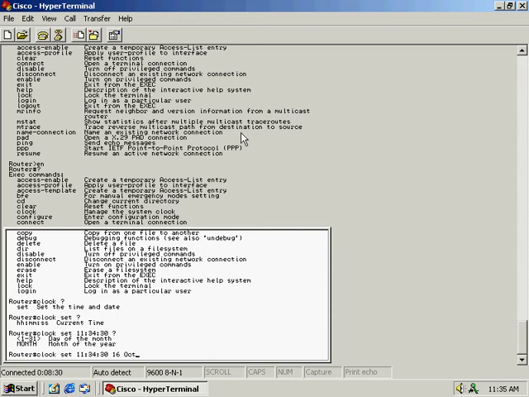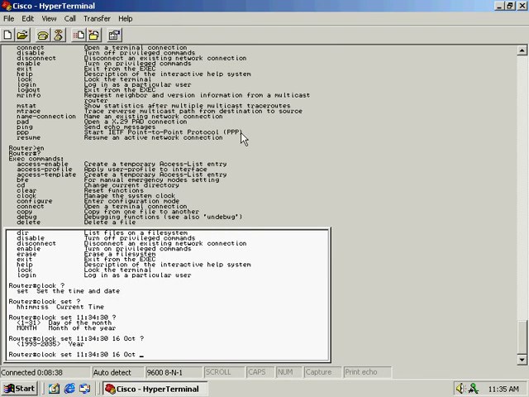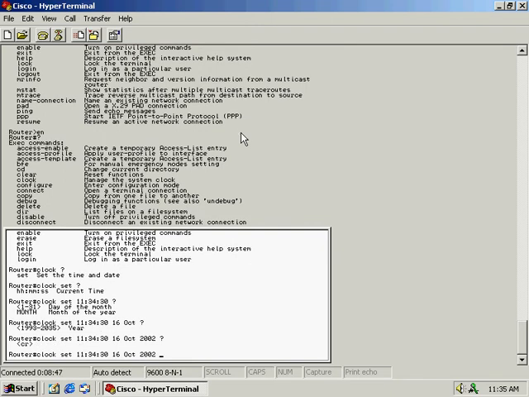Now I can type this in either with 3 letters or I can type out the whole month. I'm going to go ahead and abbreviate with just the first 3 letters of the month, space and a question mark. Now I get the next part of the syntax, which is the year. So I'm going to type in the year, space, question mark, and I know now that I'm out of syntax